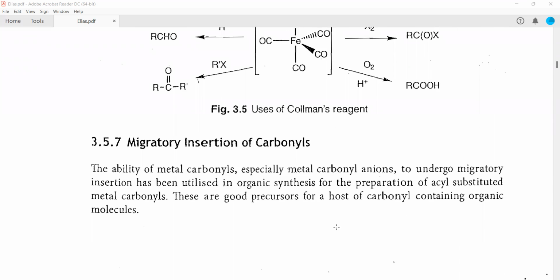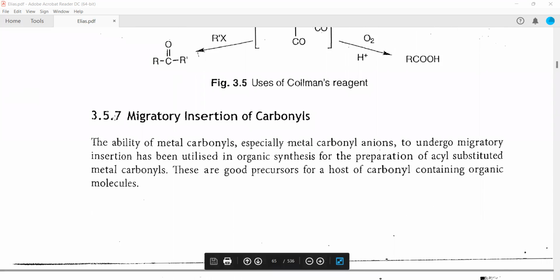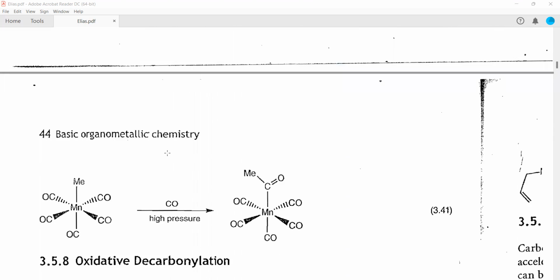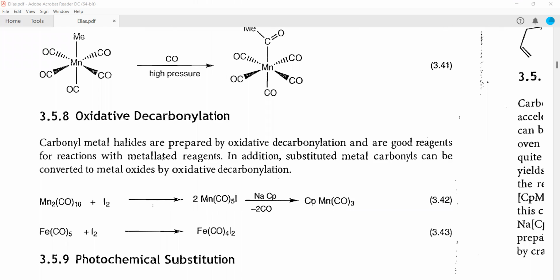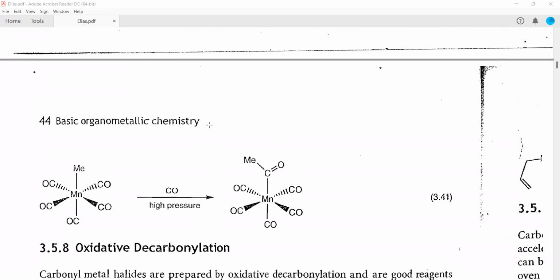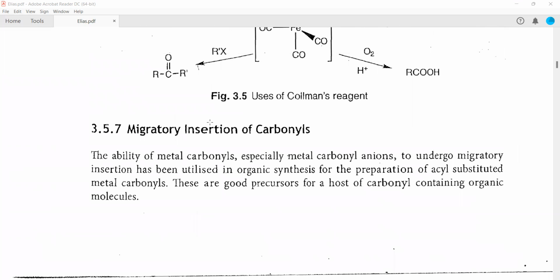The various important terms given here from topic 3.5.7, which is migratory insertion of carbonyls followed by oxidative decarbonylation, and photochemical substitution, will all be covered in the subsequent lectures, because these are very important topics and you will come across all of these reactions in almost all the mechanisms. We know that many metal complexes have carbonyls as